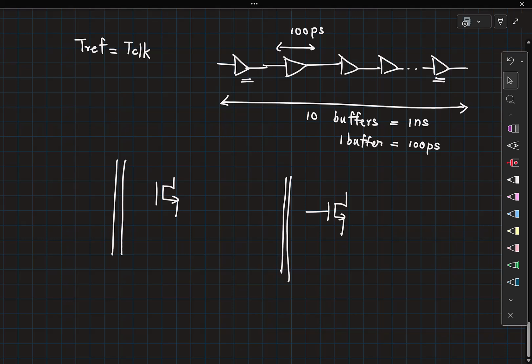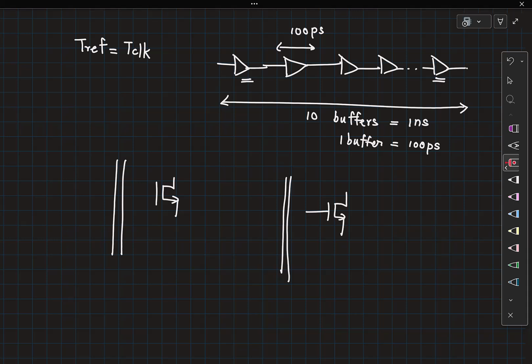Now, under these conditions, you still need to be able to ensure the overall delay is t clock, right? I have given you a reference quantity. I am giving you a clock whose time period is t clock, the full range that you require. Now, you have a quantity against which you can compare. You can generate that quantity in your chip. How will you tune such that this delay line now has a period of t clock? What will you do?